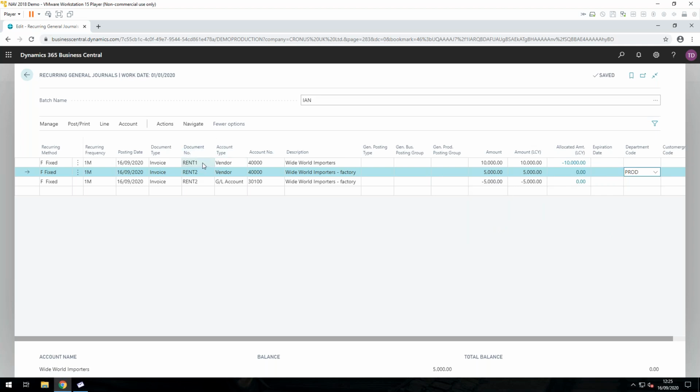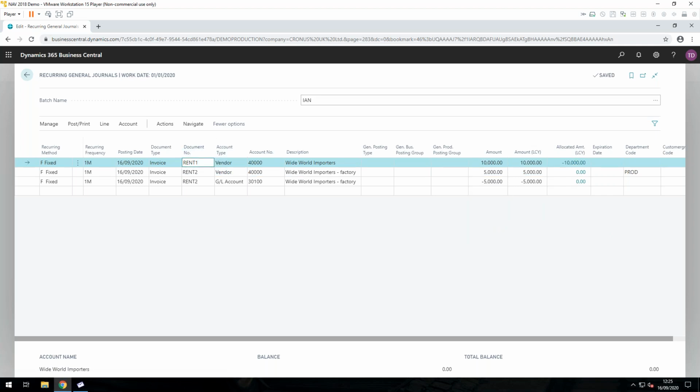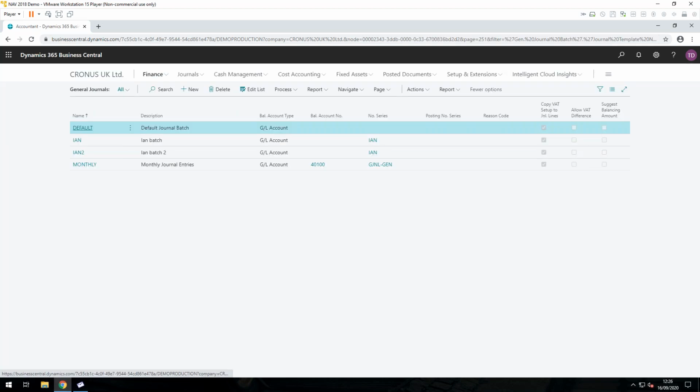This document number here, you can make it a little bit dynamic. You can put in a variable, %1, %2, %3, etc. Something like %4 would append the name of the month that you are posting in. So it would say rent 1 September, and then next month rent 1 October, etc. So you have these recurring journals which you can come to every month, or within a general journal, you can save a journal as a standard template type journal,